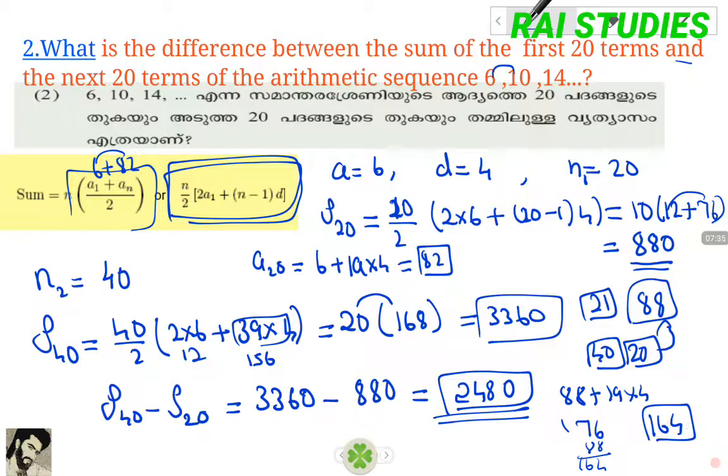So the first term is 88 and the 20th term is 164. If you try to compute the sum of this sequence, the first term is 88 and the last term is 164, you get the value, that is 164 plus 88